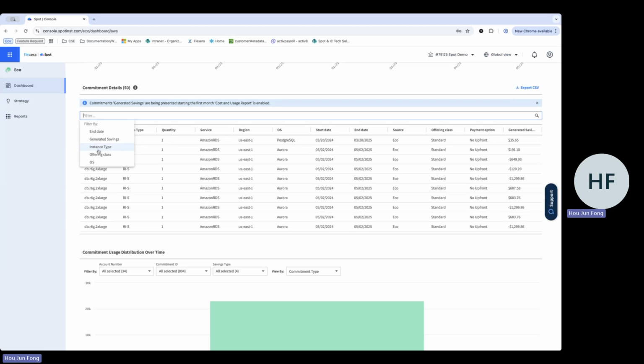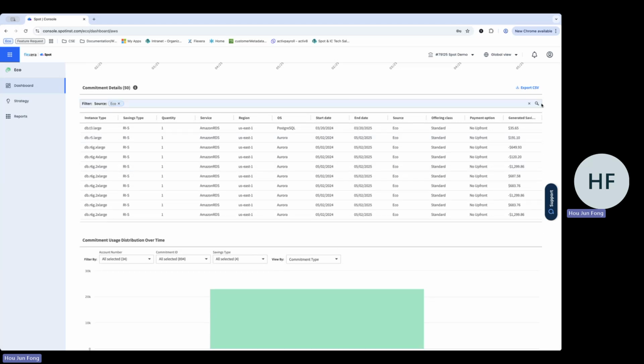And in case you need the source to be only Eco services, only reservations that were bought by Eco, you can do that here, source Eco, and click apply. Or maybe if you want to look for reservations that have ended, that's doable as well. So you can go to end date and select the end date that you require. So these are the levels of customization that you can do